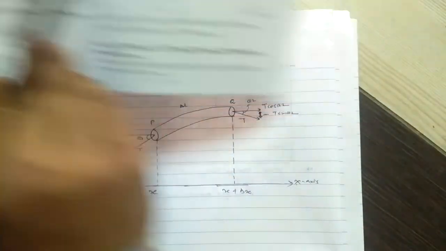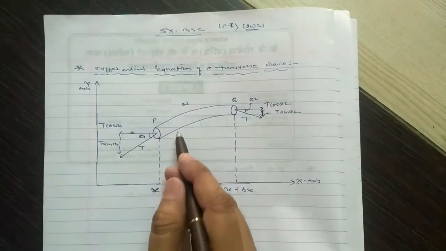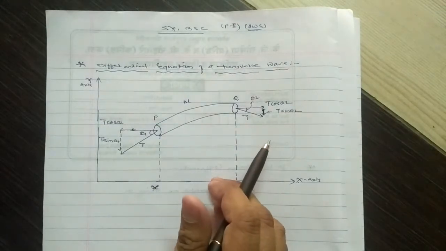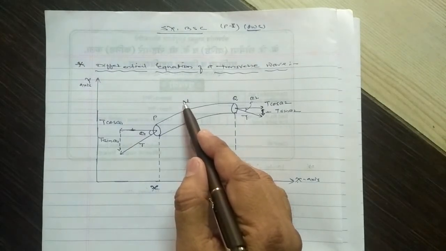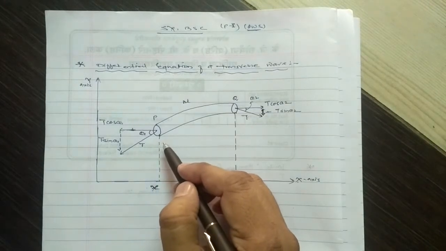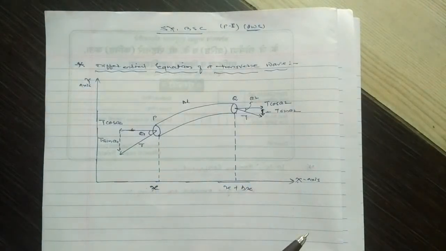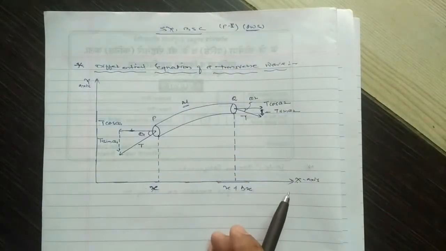The figure shows the element of stretched string, delta L, in vibration mode. Let T be the uniform tension in the string and mu the mass per unit length. It is assumed that the string undergoes small displacement along the y-axis. Let delta L be the length of the element in the displacement condition.